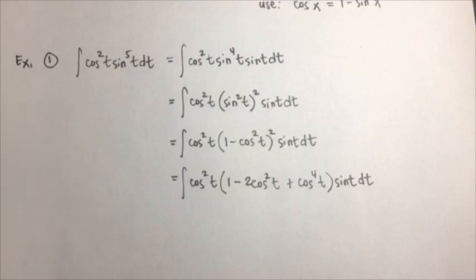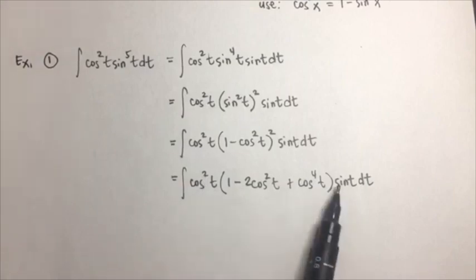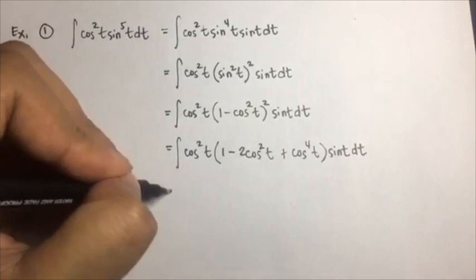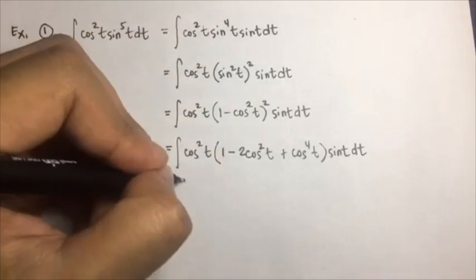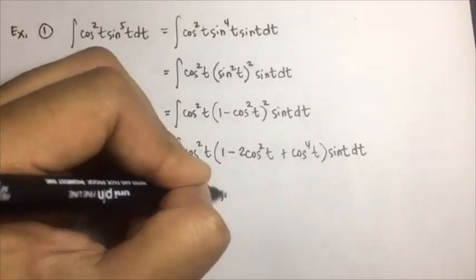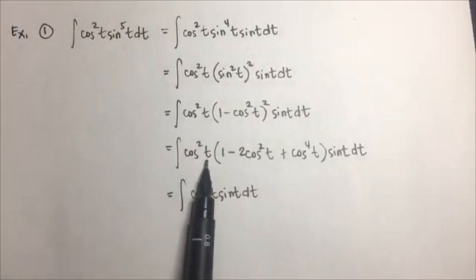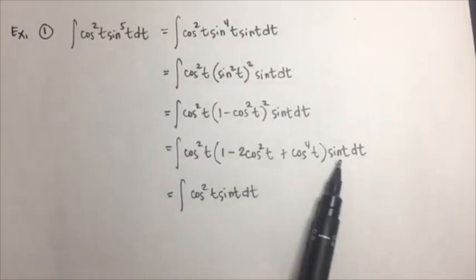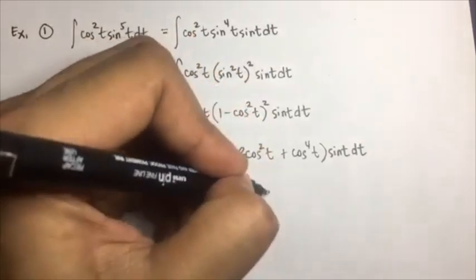Okay, so the next step is we will distribute cosine squared of t and sine t dt for each term. The first one is cosine squared t times 1 times sine t dt, so that is the integral of cosine squared of t sine of t dt. Then cosine squared of t times negative 2 cosine squared of t times sine t dt. We have a numerical coefficient of negative 2, so we can take that outside of the integral